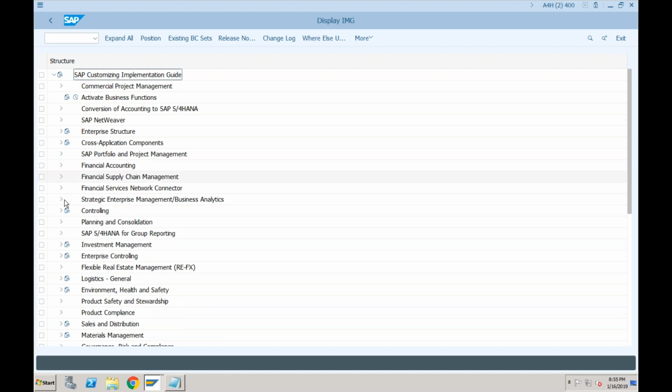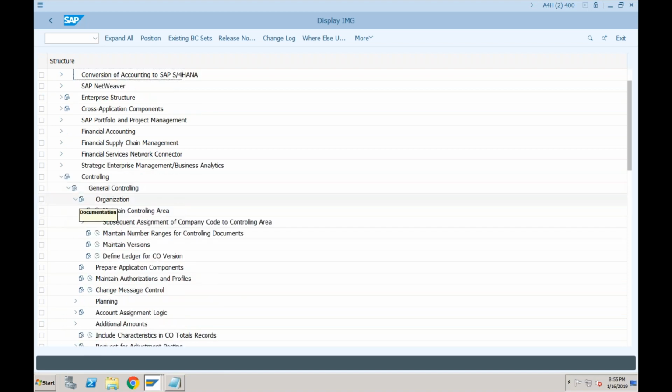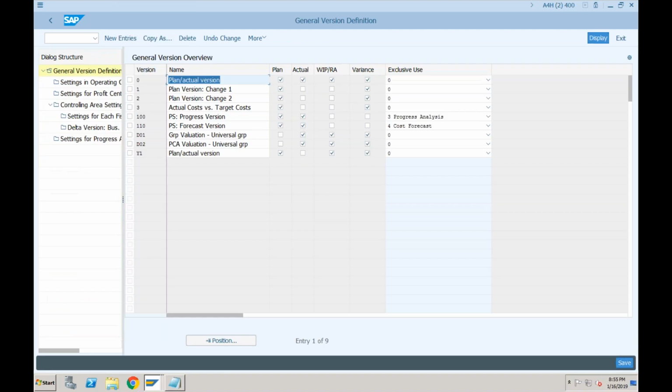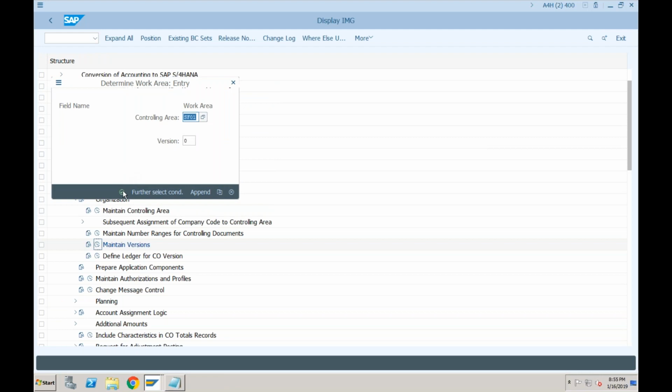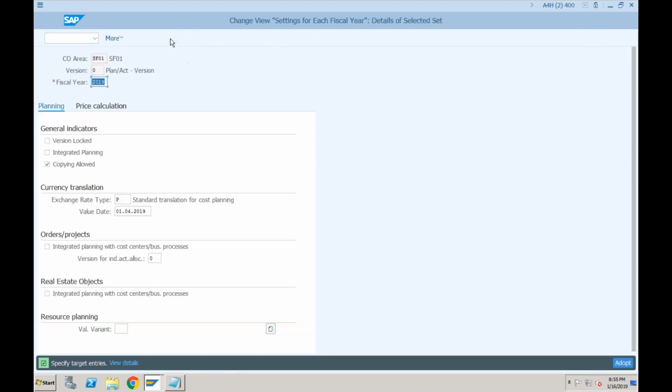Controlling, general controlling, organization, and maintain versions. So for 0, let's go to fiscal year, this one, and let's copy this to 2018. Okay, and save.